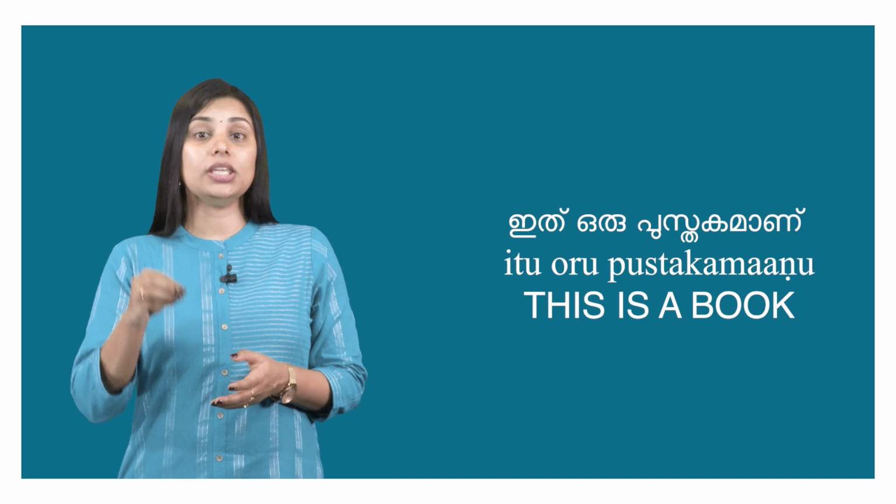In Malayalam, ithu and athu are demonstrative pronouns used to indicate objects or things based on their distance from the speaker. Ithu, that means this, is used for something nearby. Example, ithu oru pustakamanu. This is a book. Athu, that means that, is used for something farther away. Example, athoru veedanu. That means that is a house. Thereafter, we perceived in Malayalam